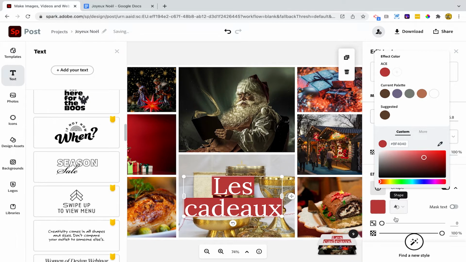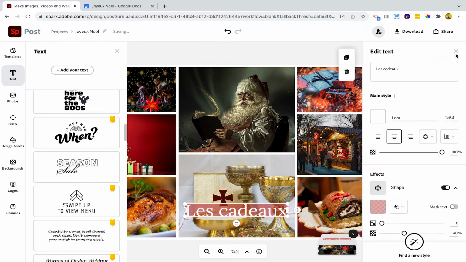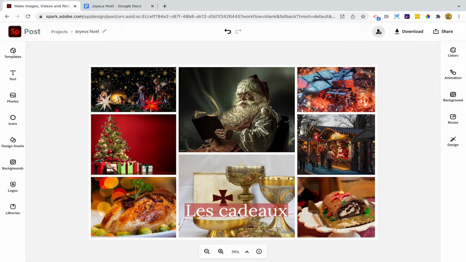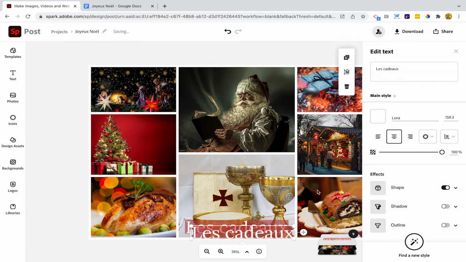But I'm actually going to change the opacity so it kind of becomes see-through, so it makes it a little bit more subtle. And then you can just use the little corners to stretch out the size until it's in a position that you want. Now actually doing this voiceover now makes me realize that I completely messed that first one up. It should be La Messe de Minuit, but anyway, let me carry on and show you how to make this